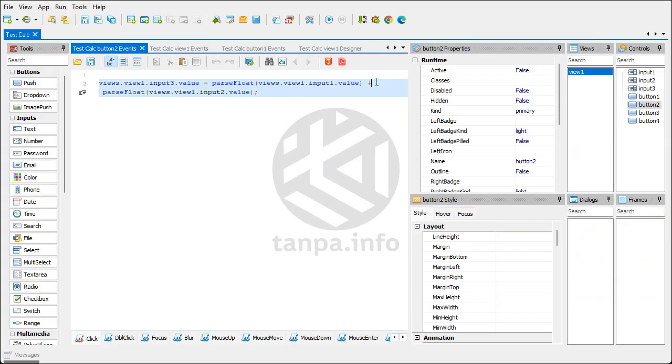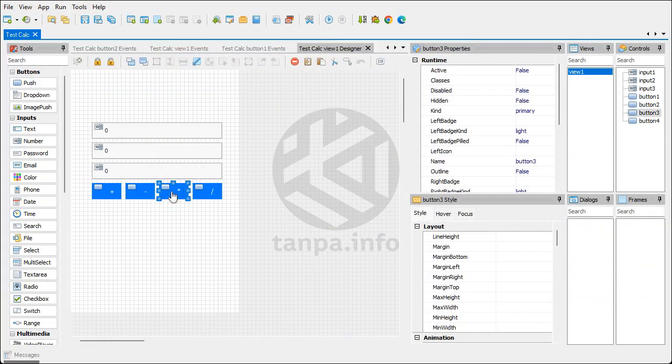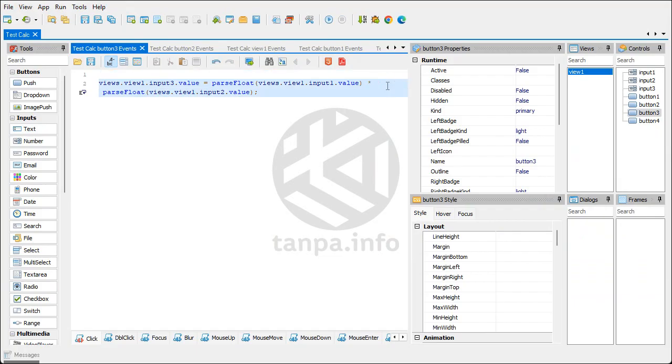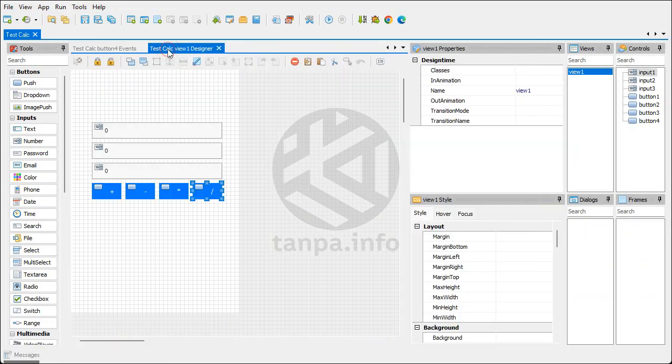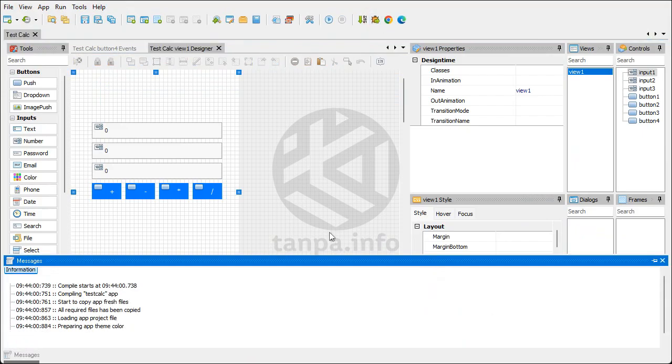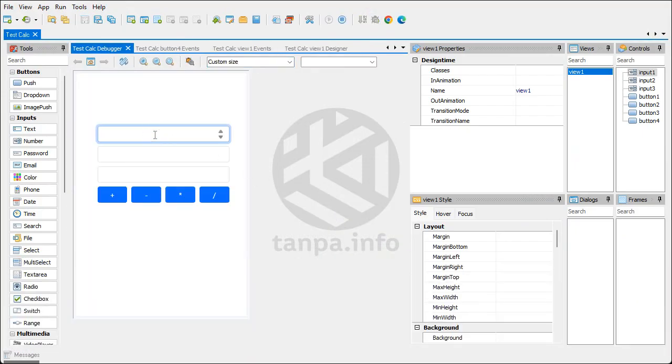Now, we will update and modify the click events of the buttons. After that, build and run. Now, let's try.